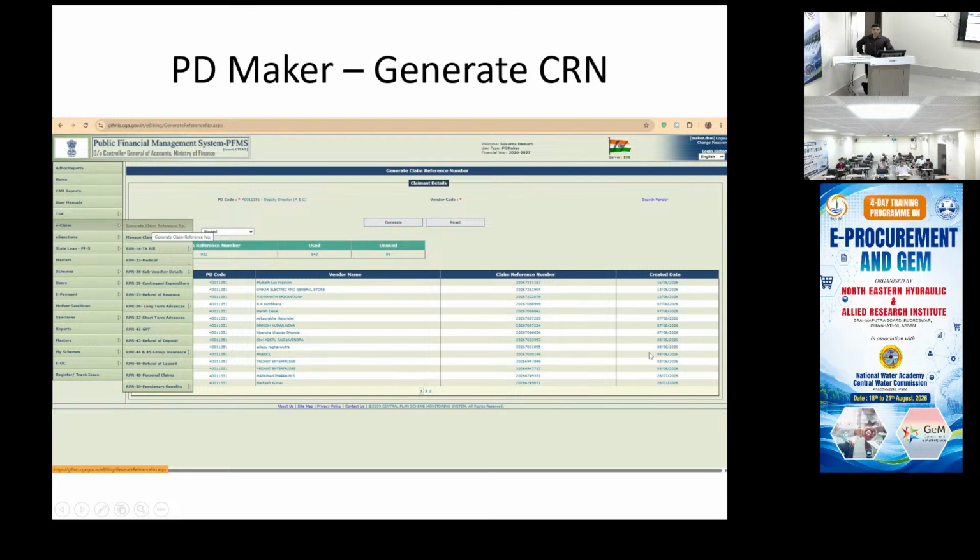Now if you have a third party bill, someone from outside, the PD maker in the account section will again initiate the bill preparation. The first step in initiating the bill preparation is generating the claim reference number. Again, you will generate claim reference number, you will search the vendor, put the account number, search and add.